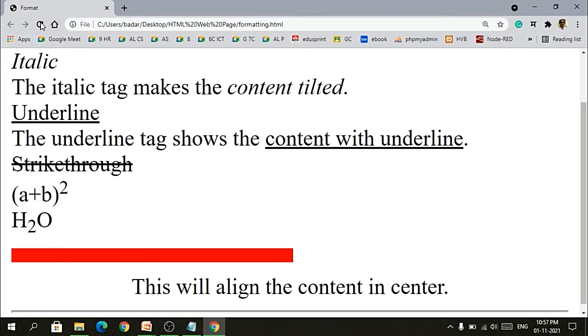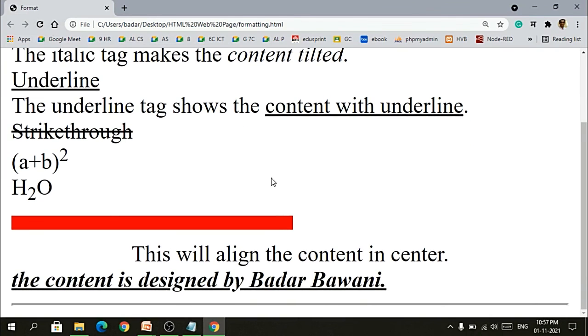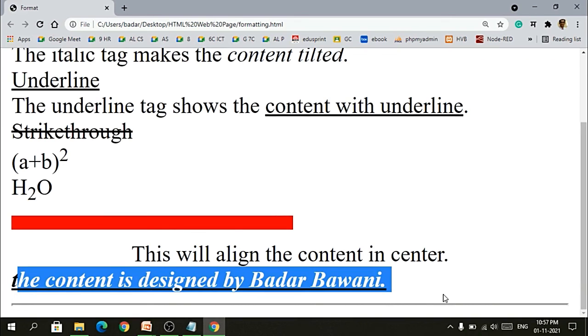And here I will refresh it. So here you can see the content is bold, the content is italic, and even you can see an underline inside it. So that is something which is there. You can use the combination of the tags and show the content in your web browser for your HTML file. I hope you have understood the formatting tags which are there.